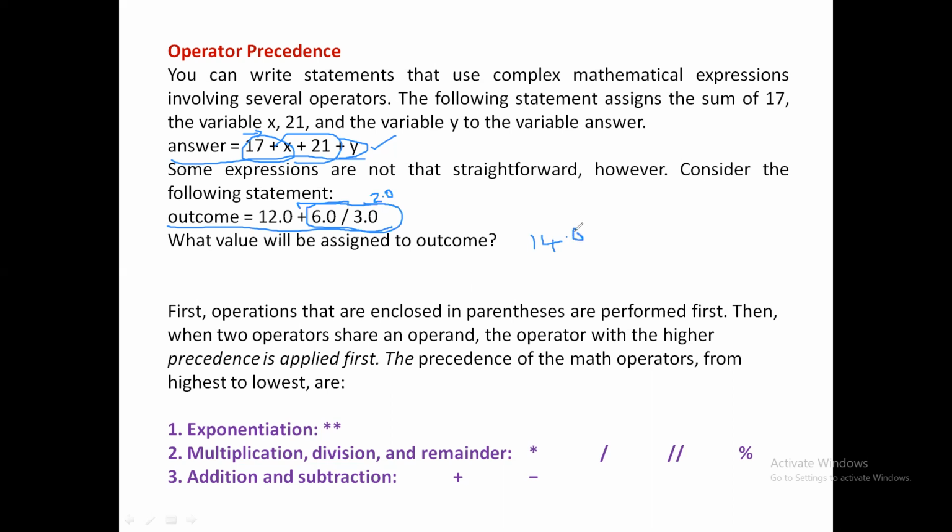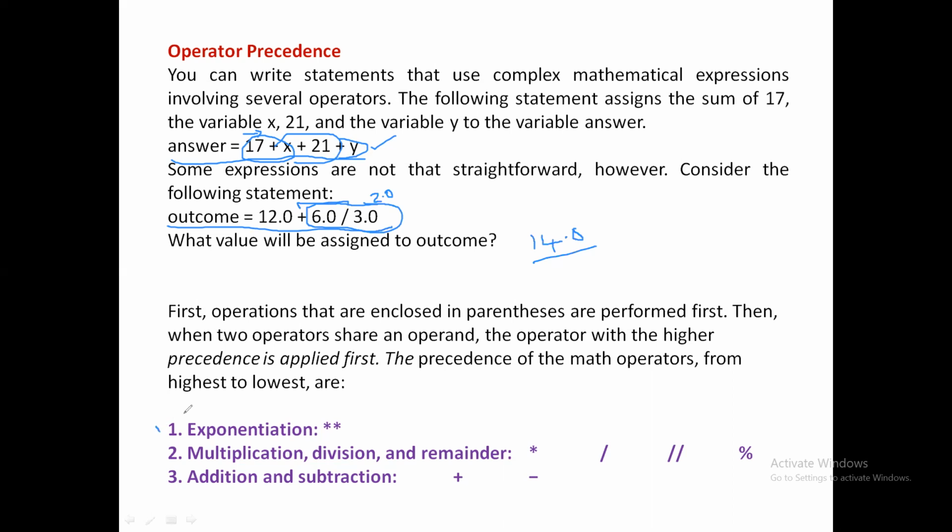So it should be calculated like that only. There is a possibility that you might think first you will add 12 plus 6, which is 18, by 3, which gives you 6, but it is not correct. Okay, so you know the answer for this. The order of evaluation of operators is based on the precedence only. Highest precedence operators are evaluated first in a given expression, in a mathematical expression. Okay, so if you consider arithmetic operators, here are the precedence levels given.